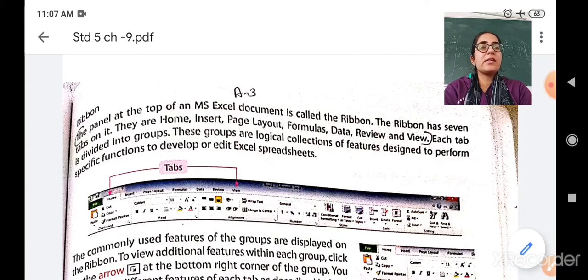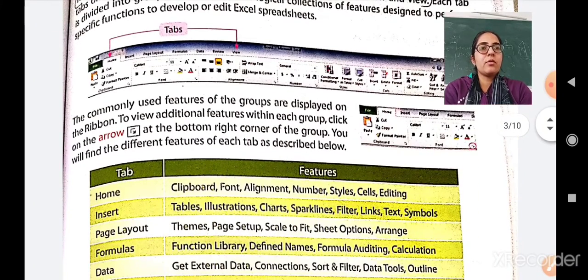Each tab is divided into groups. These groups are logical collections of features designed to perform specific functions to develop or edit Excel spreadsheets. The commonly used features of groups are displayed on the ribbon. To view the additional features within each group, click on the arrow available at the bottom right corner of the group.